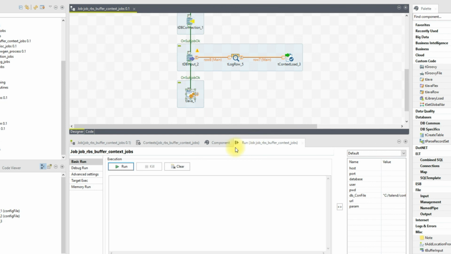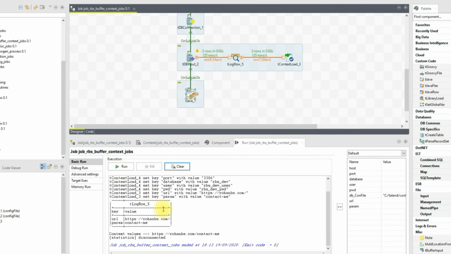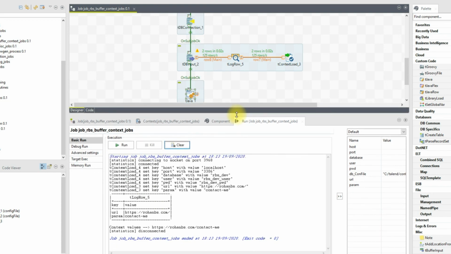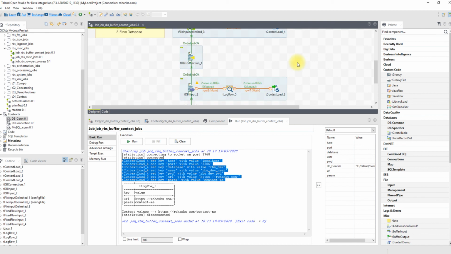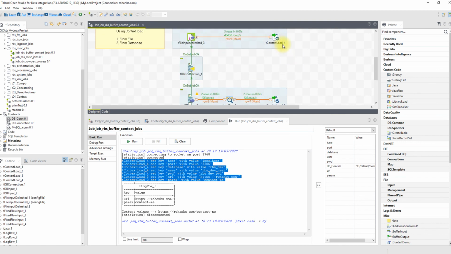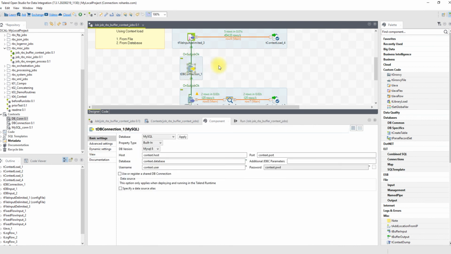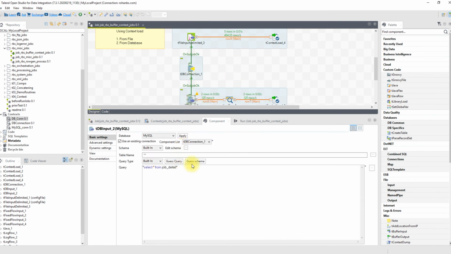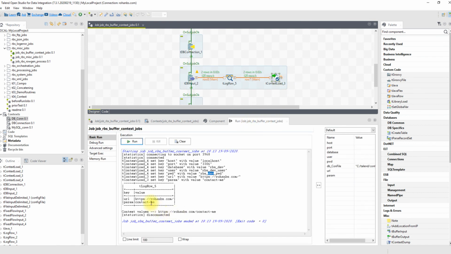Let me go ahead and quickly run this job. Alright, the job has now succeeded. If you carefully observe, the context load 4 is our first context load. This is where I am loading my connection details, and I'm creating the connection here, and then I'm reading the values, and then setting up the context using context load 3.